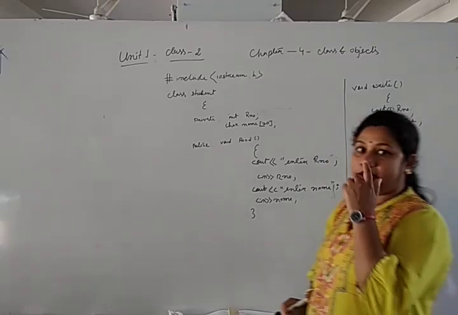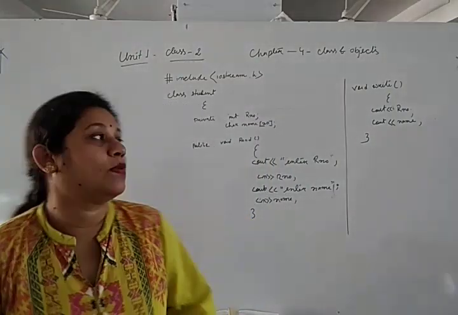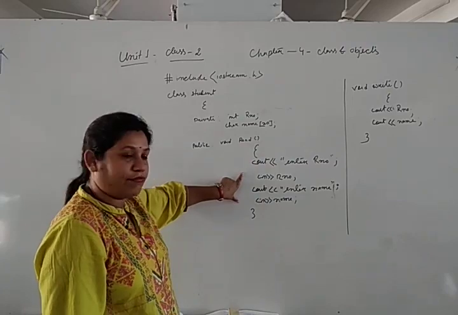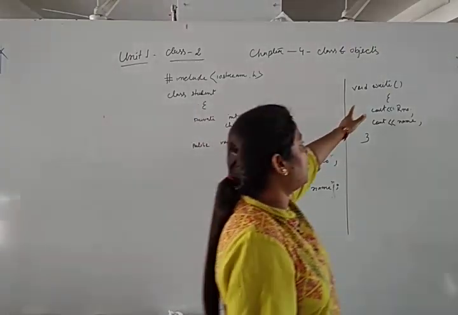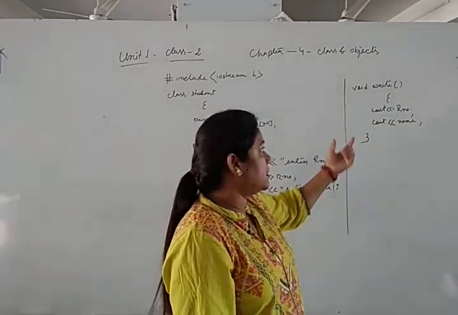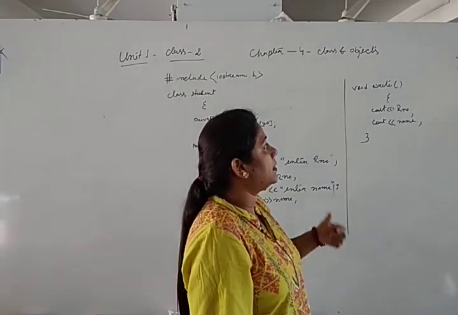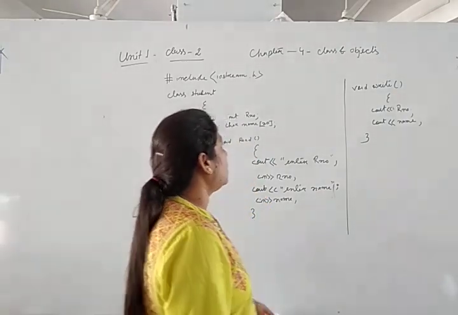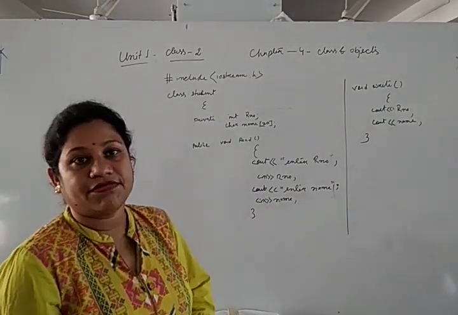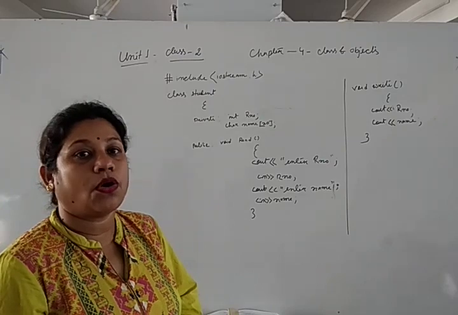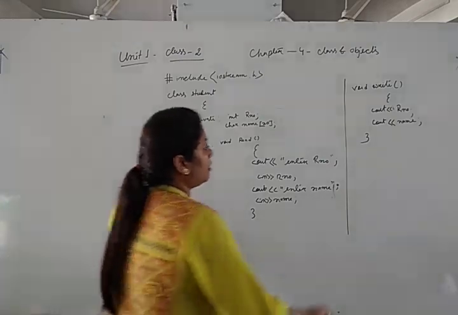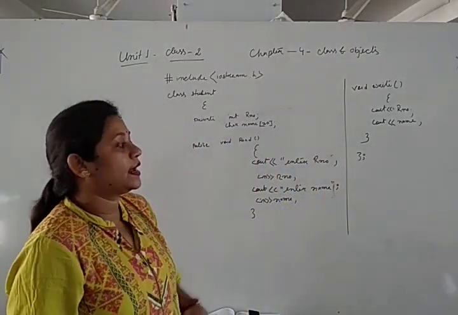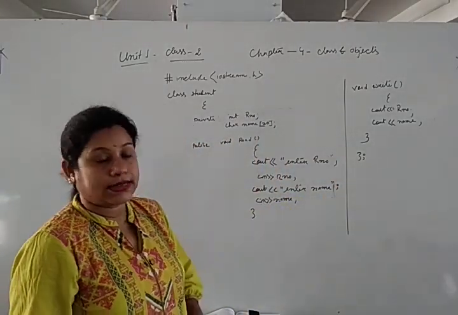So look here, student. Here I declare two functions. One is read. After the declaration of the read function I give the definition, and one more time I declare another function, that is write. After the declaration, immediately I define the member function write. So this is the first method for defining the member function of the class. Now I close the body of the class using the curly bracket along with a semicolon.